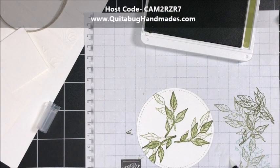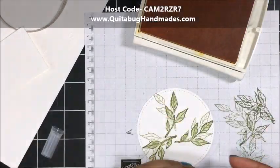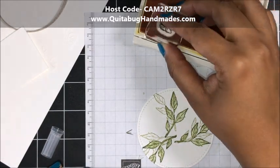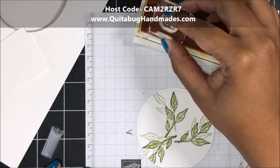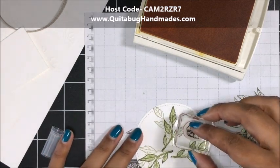And then to clean your blender pen, just do that a little bit, you're good to go. Now I'm going to leave this out because we're going to do it again with another image. So now I've got some Daffodil Delight ink, and I'm going to take the small flower image and full strength Daffodil Delight. I am going to stamp, let's see,